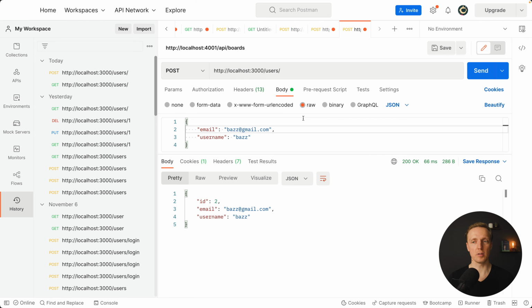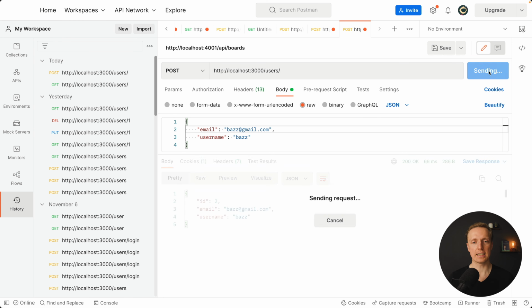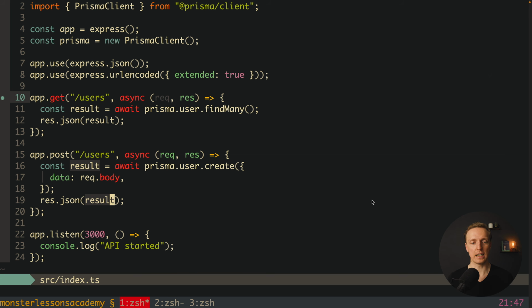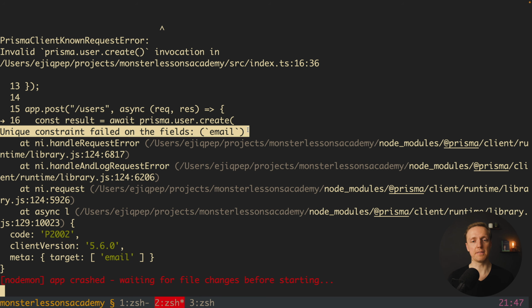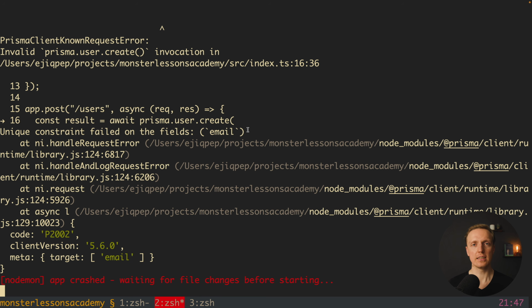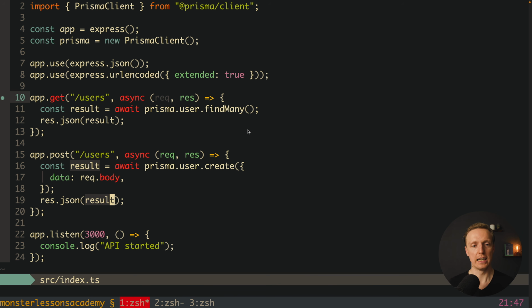But here is a small problem. If I'm clicking again send, as you can see, our request failed, and inside our console we can get that invalid Prisma user create. Why is it invalid? Because here we have a unique constraint failed on the field email. As our email is unique, we can't really create a user with the same email. And we must